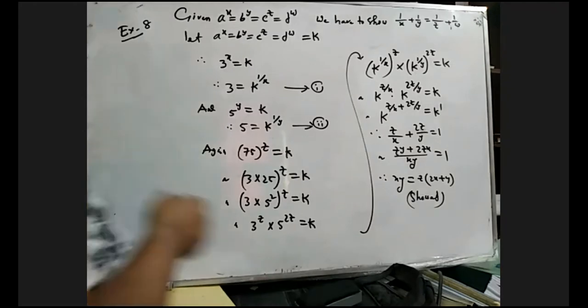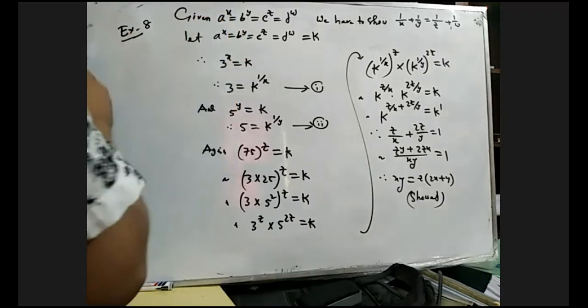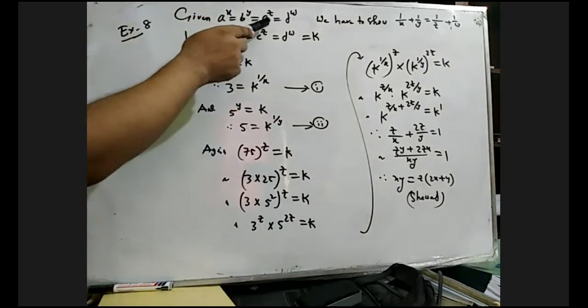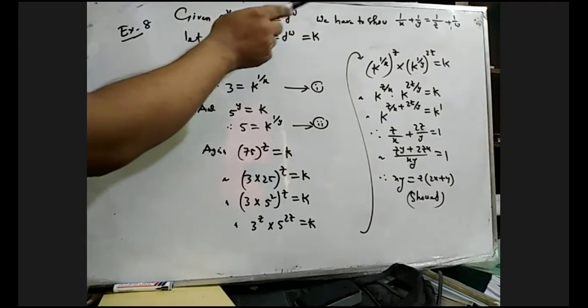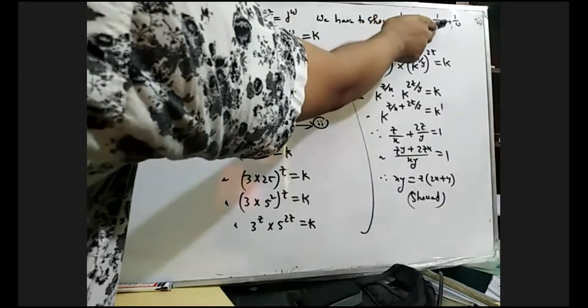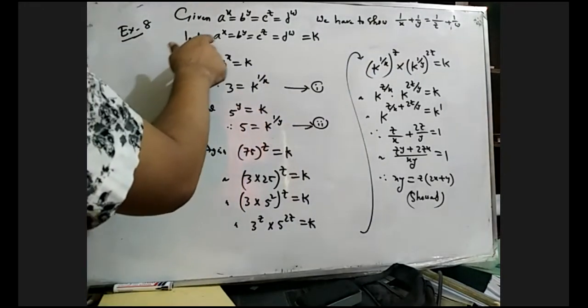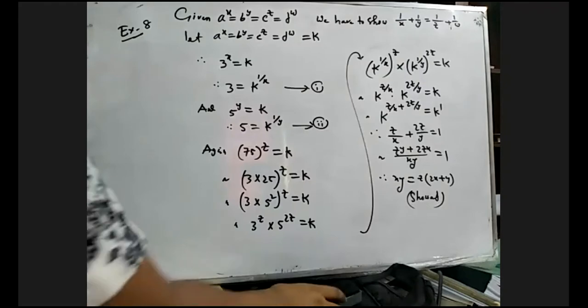Okay, now another example. Example 8. We are given a to the power x equals b to the power y equals c to the power z equals d to the power w. Then you have to show that 1 by x plus 1 by y equals 1 by z plus 1 by w. So let us consider,